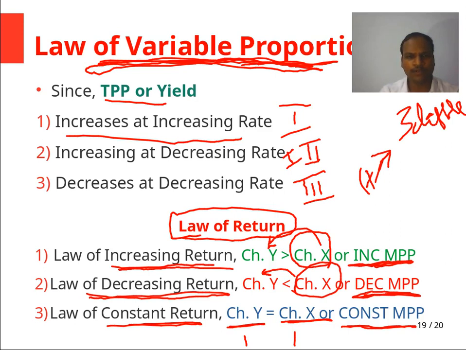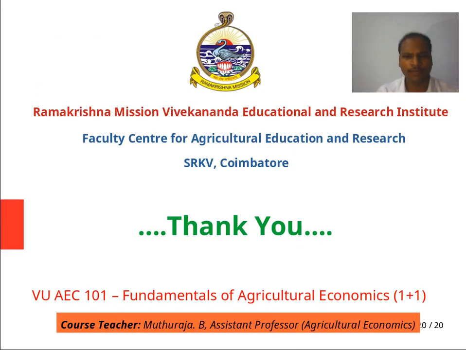So today we have seen about the classical production curve. What is production? First we have seen, and the classical production function with one variable we have seen, and how to find TPP, APP, MPP and the elasticity of production we have seen, and we have calculated in the table, and we have drawn the graph, and we have demarcated the 3 stages, and we have discussed the nature of the 3 stages.